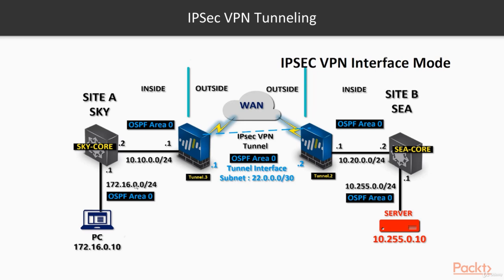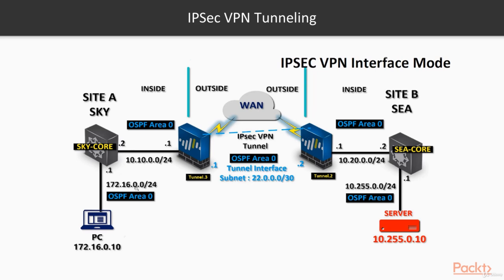If you remember on our previous video, we configured proxy IDs. In the proxy IDs, we advertised the source, which was 10.10 and 10.20 as the destination on the Sky firewall, and on the C firewall, we advertised it backwards because now the source will be 10.20 and the destination will be 10.10. We still need to advertise the new ID because we're sending this IP natively, and the IPsec tunnel policy,